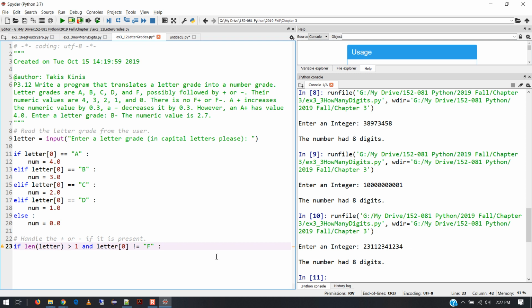So there's a couple little tricks here, right? And this is stuff that you might not be able to logic through initially as a programmer, but be patient with the logic part because that will come. Usually it's just a matter of practice. The next thing I'm going to check is if the length of the letter is greater than 1 and it's not an F that the person is getting, then I can go ahead and check the letter in position 2, which has an index value of 1, and if that is equivalent to a plus sign,